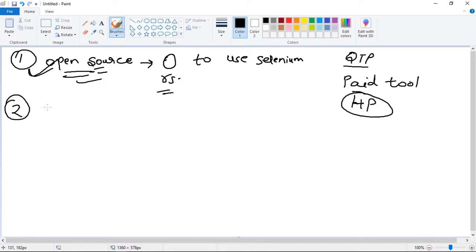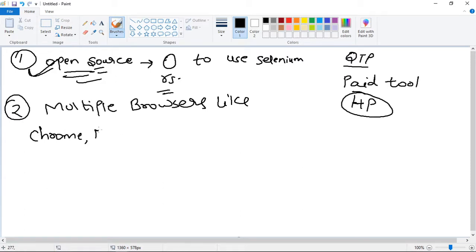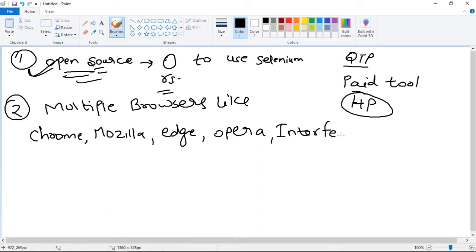And second one is it supports multiple browsers. You can do your testing on multiple browsers. For example, Chrome, Mozilla, Microsoft Edge, Opera browser, Internet Explorer. So these are a couple of browsers. So popular browsers it is supporting, and third one is it is also supporting multiple operating systems like